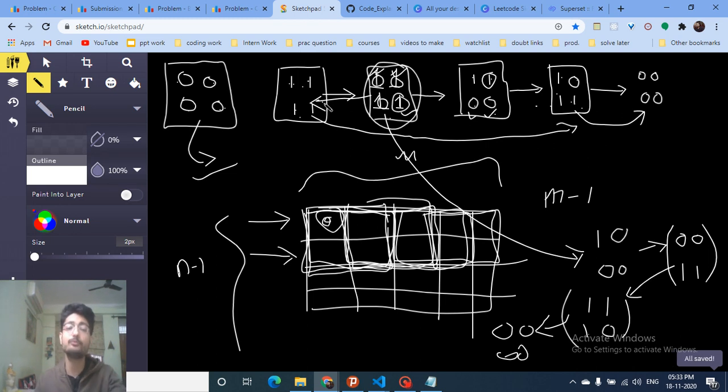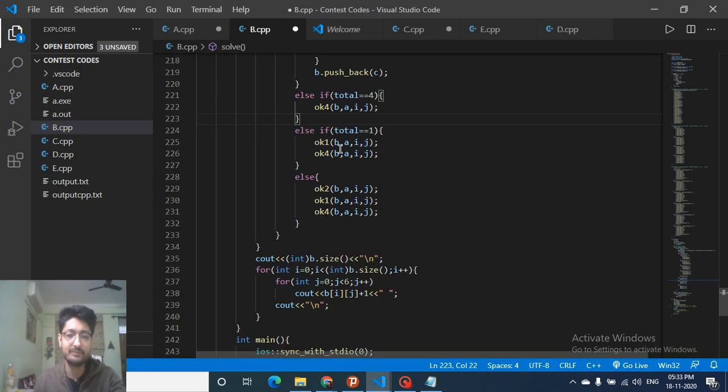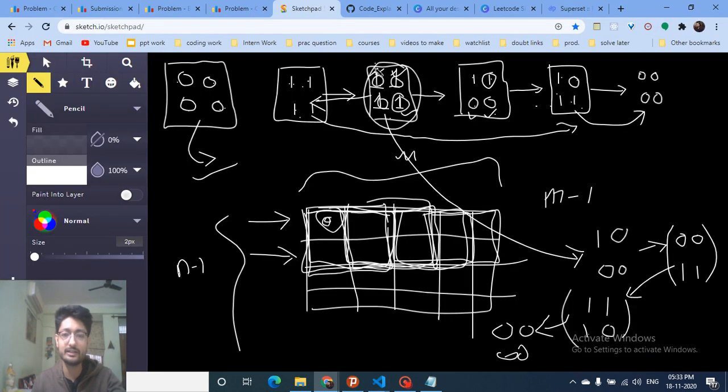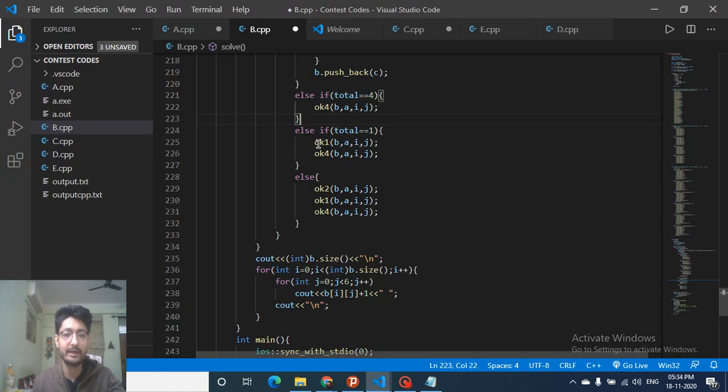If it is all 4 on, then I can easily go from all 4 on to the final state, because it is simple. If all 4 are on, I don't have to generalize everything, I can just take a simple path. So if my total is equal to 1, which means that in the 2 by 2 square only 1 bit is on, I can first call this function OK1.